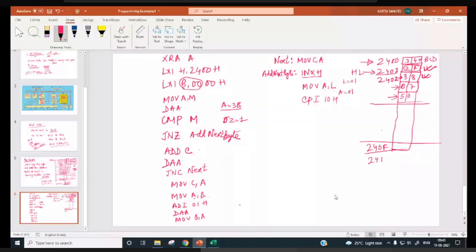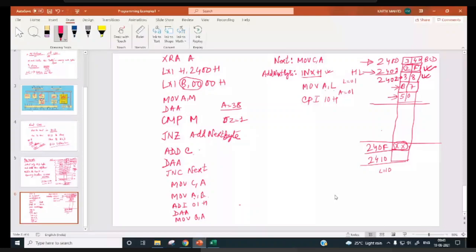And then if you go for INX H, L content will be how much? 10. So L content is transferred to accumulator. Then it is compared with 10. So then you have to write JNZ repeat.